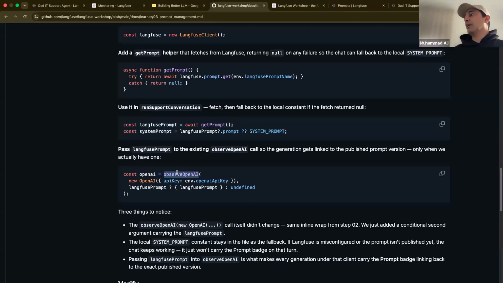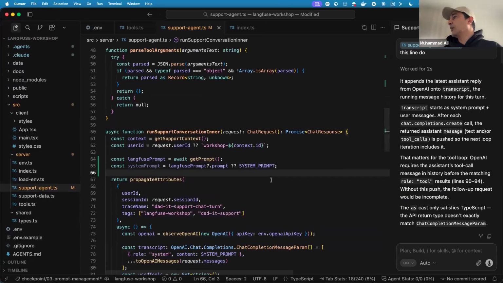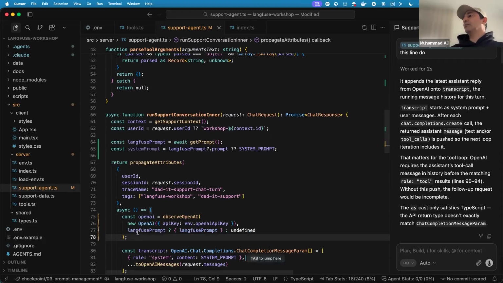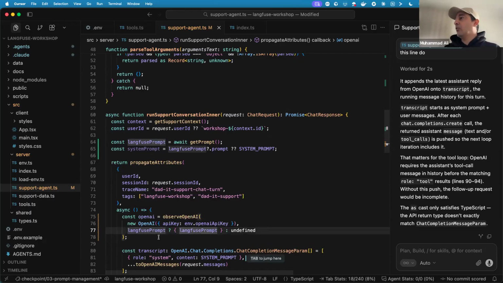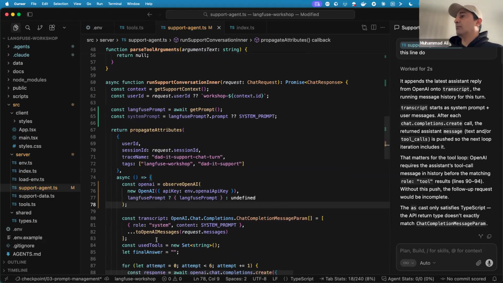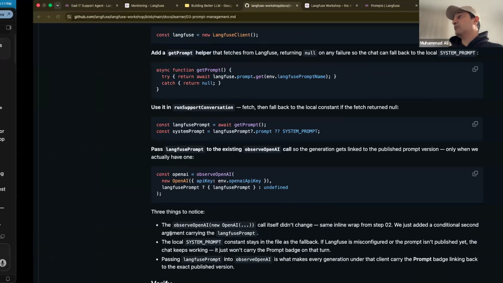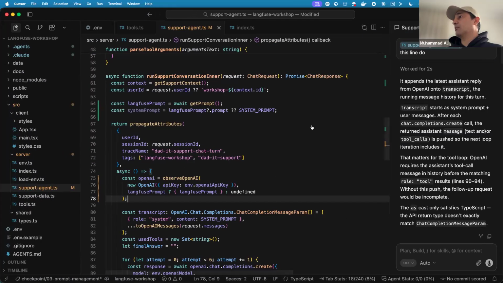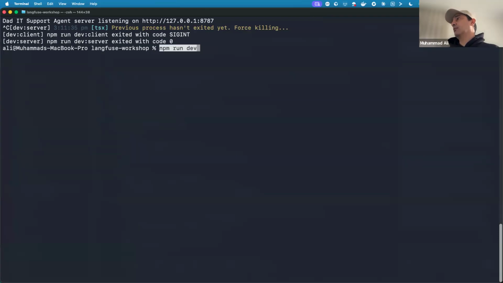And then in the observe OpenAI call, we have to replace this with this particular bit. So I'm going to go to this call, which is line 75, and replace that with this call. What it's doing in this example is sending a prompt explicitly here in Langfuse as a Langfuse prompt. And that's basically it. All you do is rerun the application. You don't really need to, but you can.